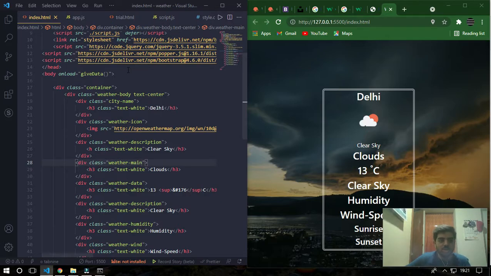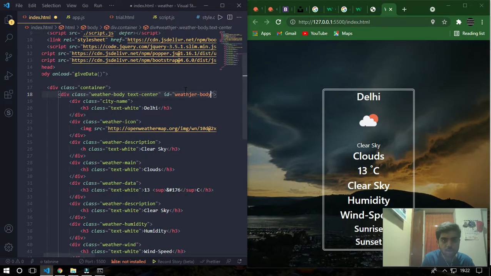That's very cool. Should I do that? Okay, I can just do weatherBody.innerHTML equals to, yes, that will be cool. I'll just give the ID equals to weatherBody.